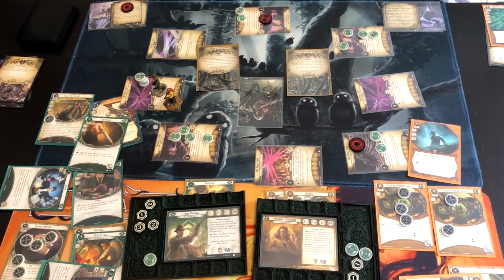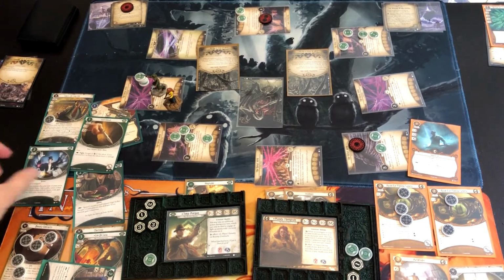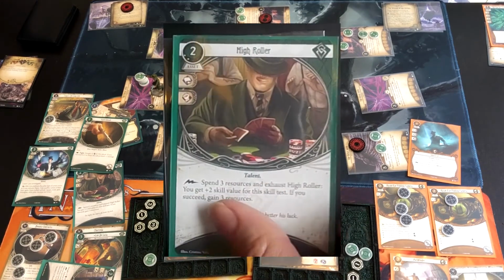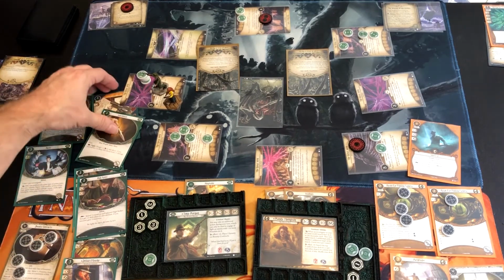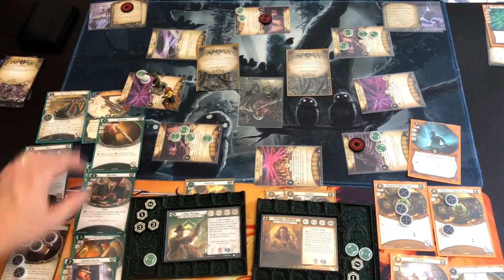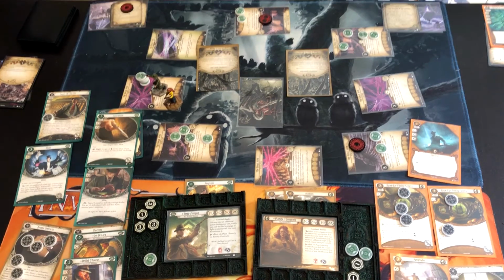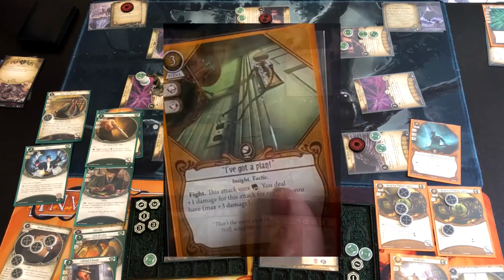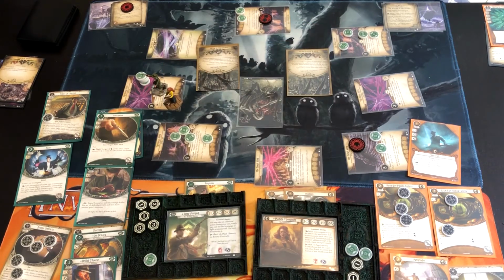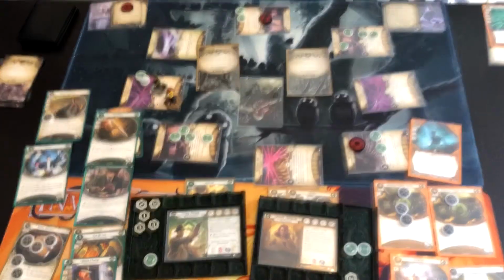Alright, it's time for upkeep. We will get another high roller. Stack these up. Oh, we're not putting it into play yet. No card works that way. Okay, and then... Alright. So, Mandy's got a plan, which might come in useful at the end, if she can keep enough clues. Alright, and then...